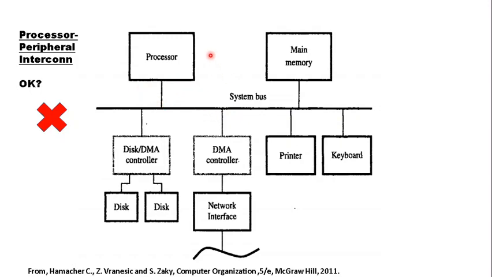So if the processor is going to change from one generation to another, all these devices should also change along with the processor, right? You have the main memory, printer, keyboard, even the disk and network interface, everything. All these things should also be updated along with the processor. That is not a feasible approach for device manufacturers of RAM, printers, keyboards, disks, or even for consumers like us. So this approach is not feasible.